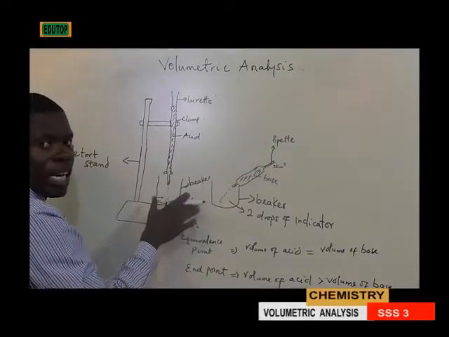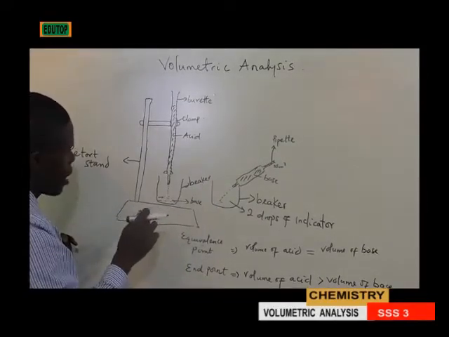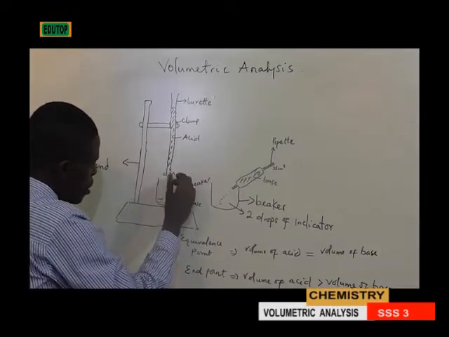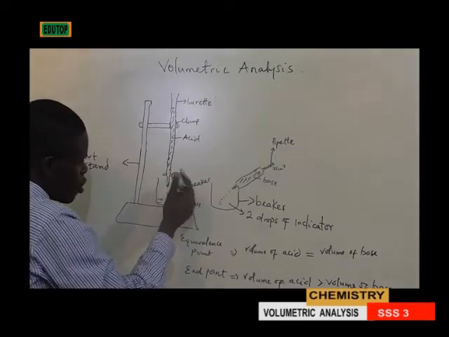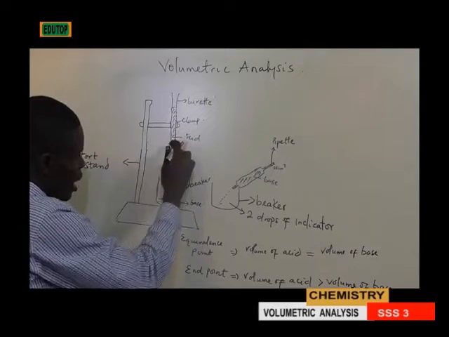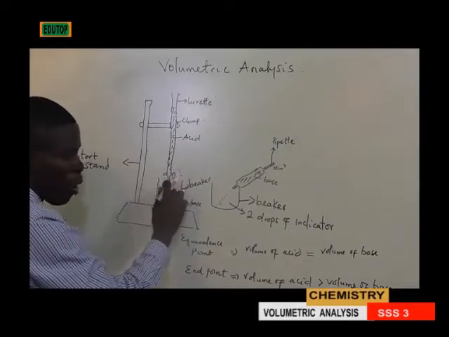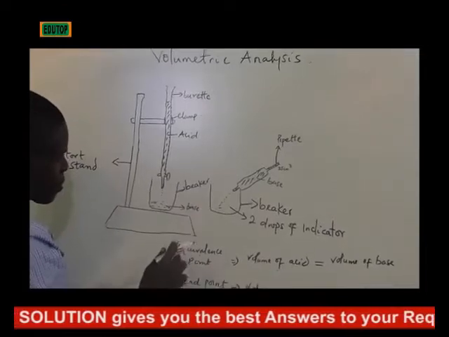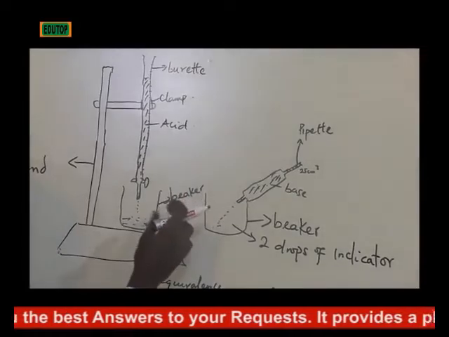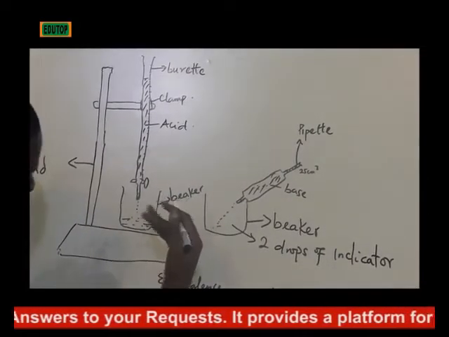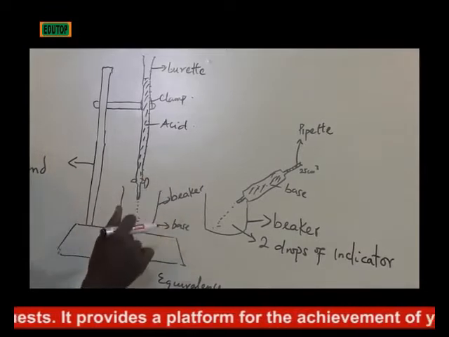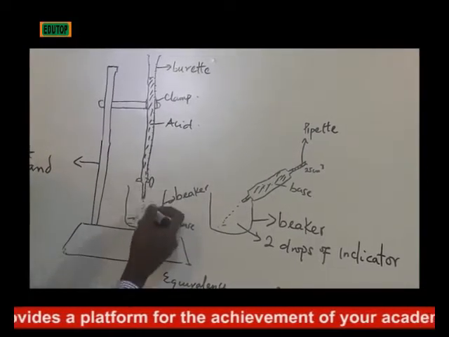The acid is being titrated against the base in the beaker. As you gradually close the opening, the acid begins to drop little by little. In order to avoid error due to parallax, you must ensure that your eye is in line with the setup. So in that situation, as the acid begins to drop,